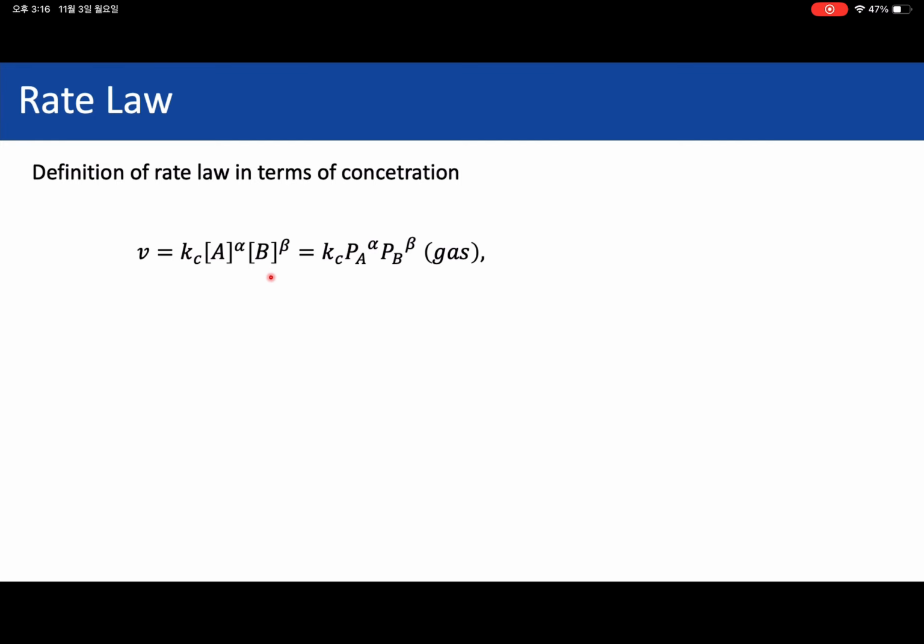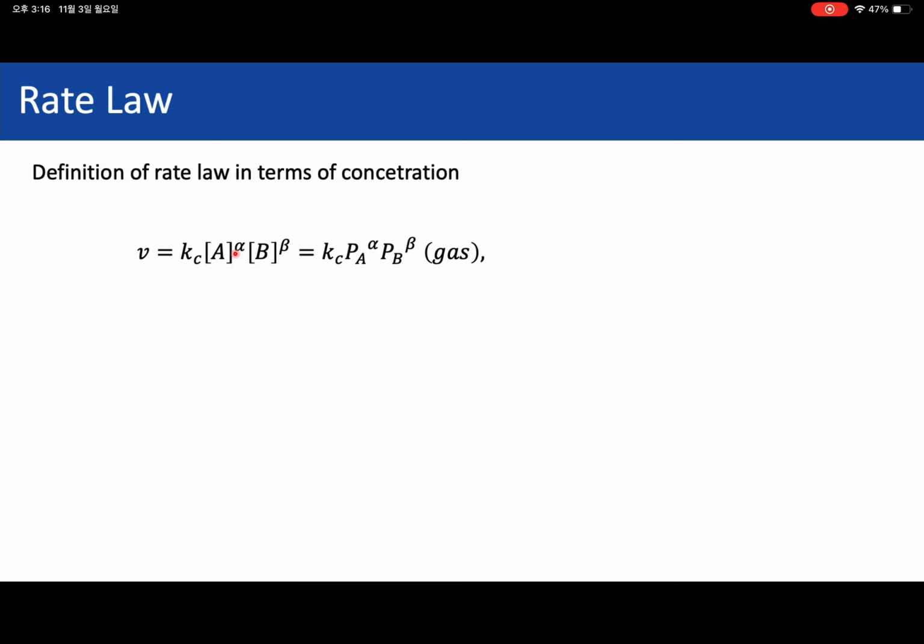So we can express the equation like this: k is a constant multiplied by A to the power of alpha and B to the power of beta. If the reactant is in the gas phase, we can write it down